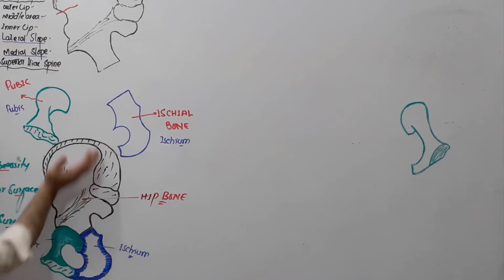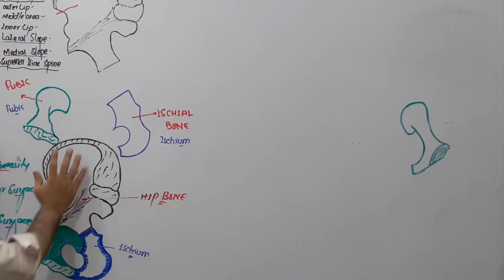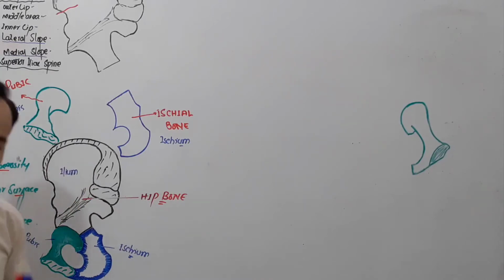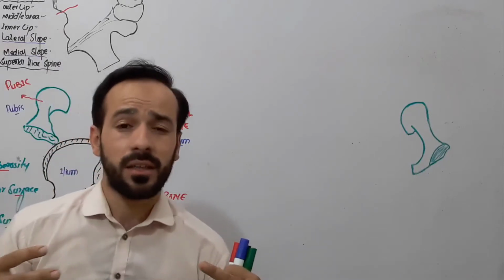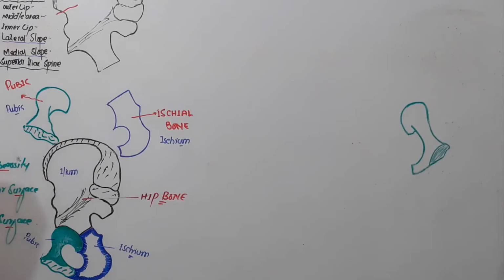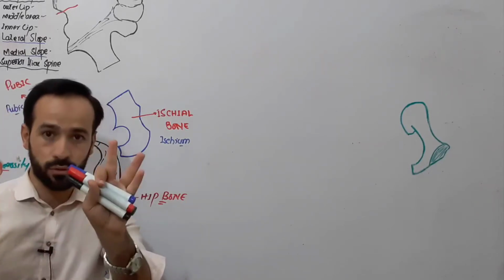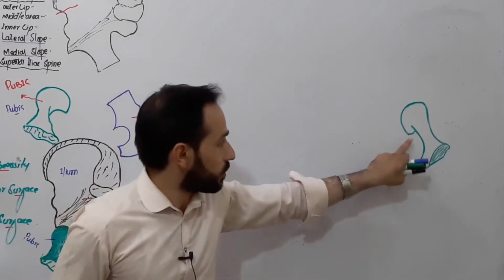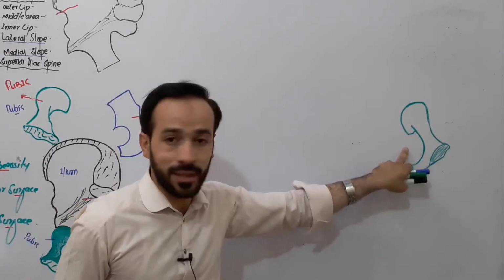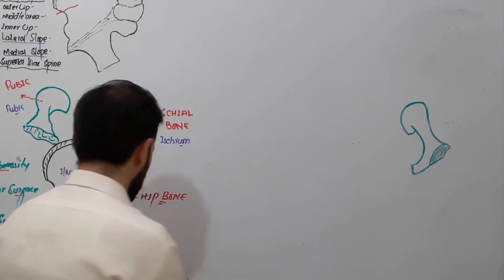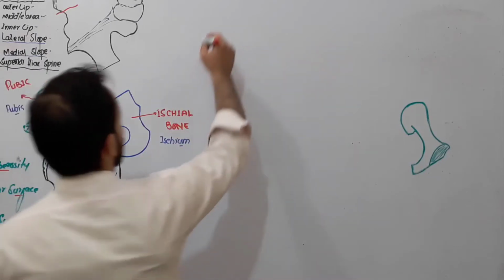The first, the larger, flat-shaped bone, which I have already discussed, is called the ilium, and we will discuss, inshallah, the muscular attachments and the ligamental attachments to it in big detail. First of all, we will discuss all 3 bones of it, right? Now we are going to discuss the pubic bone, which I have drawn here, and I will show you also in this model. So the pubic bone is the second bone which makes your